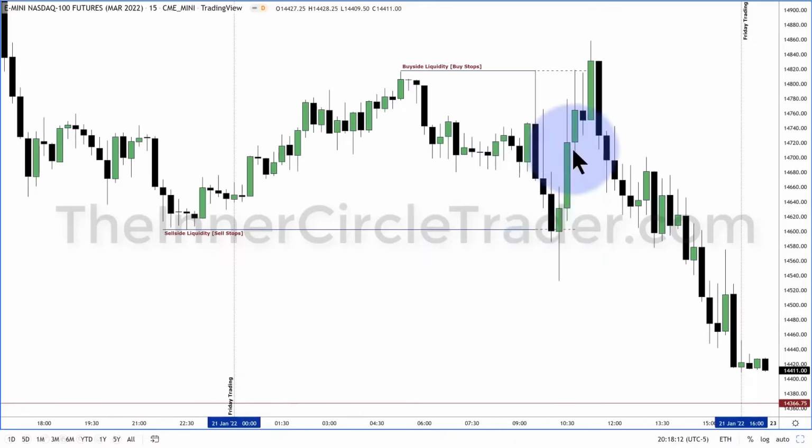And then the algorithms go right back up to an area where it's been cleanly delivered relative equal highs. See how this high here, right before it dropped, is basically the same high here. Notice that? So retail traders see this and they trust it as what? Resistance. So the books always say, put your buy stop, if you're going to go short, right above a clear level of resistance. Well, these levels work for a short period of time, but majority of the time, you see